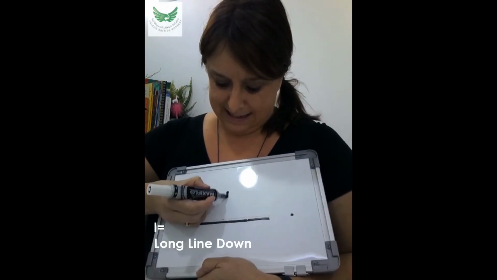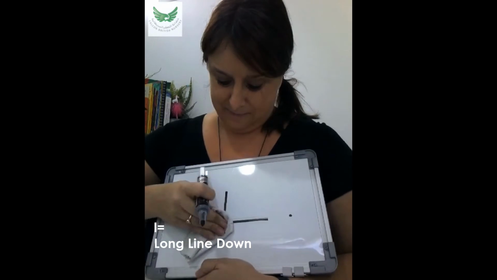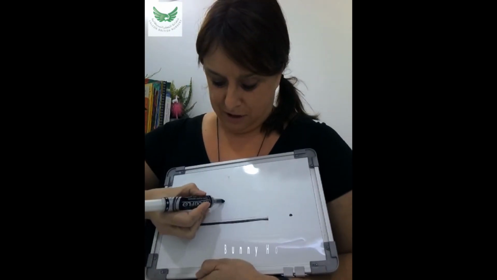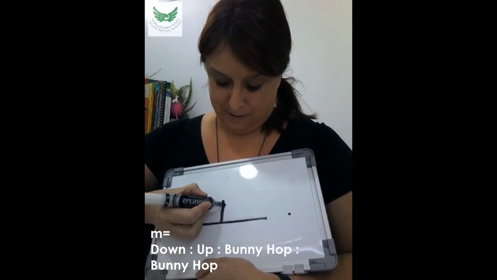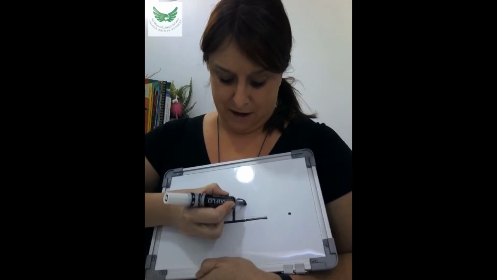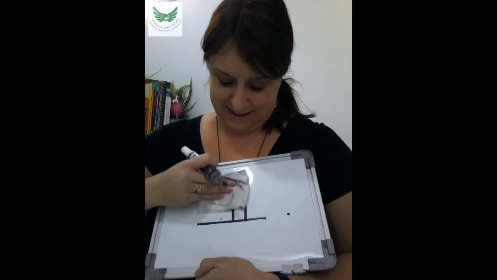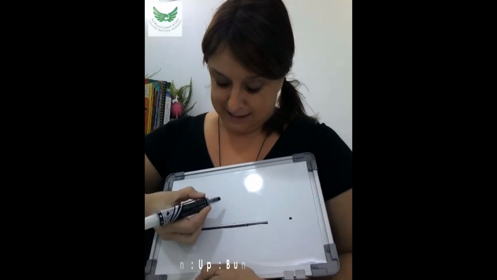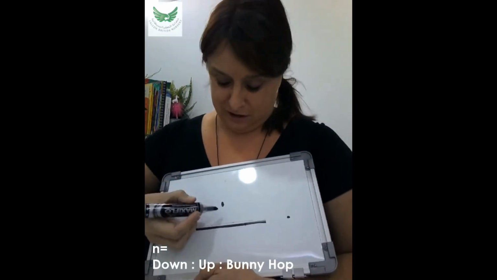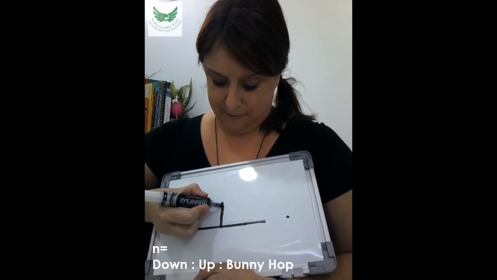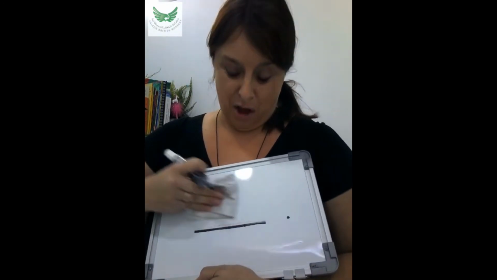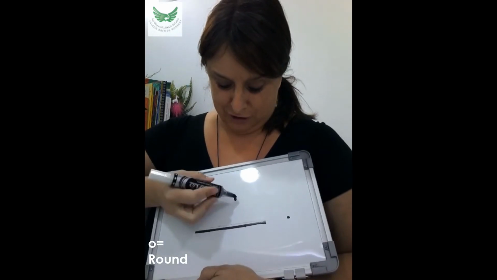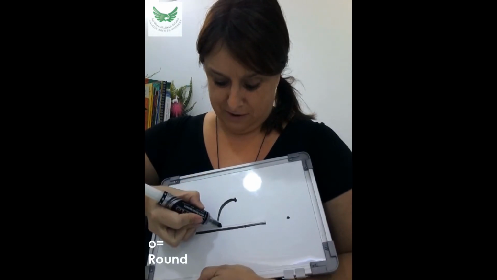L is easy, straight line. M starts with a straight line, but then you have 2 bunny hops. Bunny hop 1, bunny hop 2. N is a simpler version, starting dot, down, up, bunny hop 1. O is literally a circle. So starting dot, round,